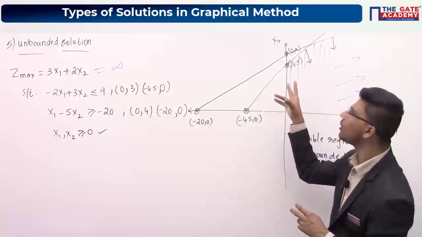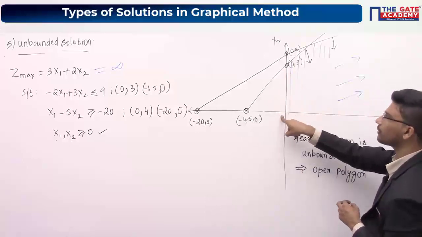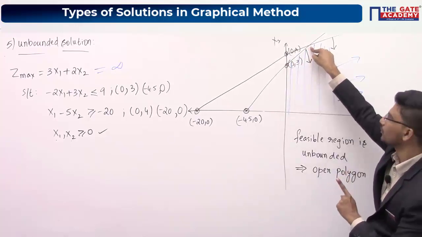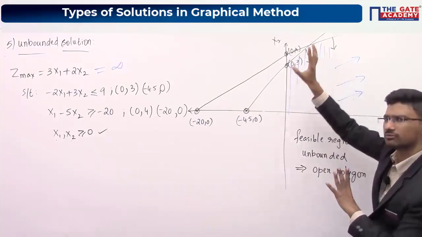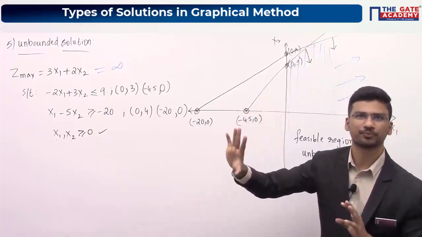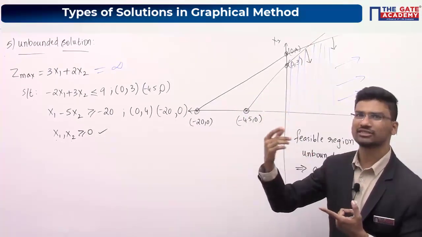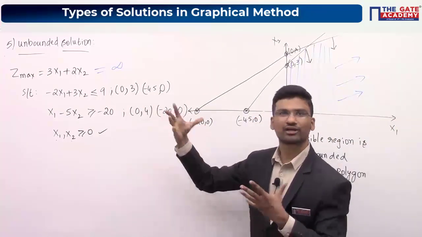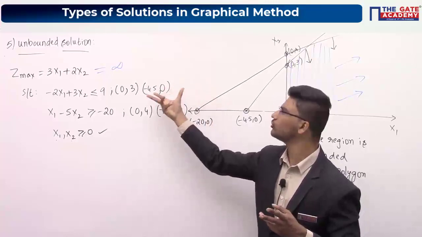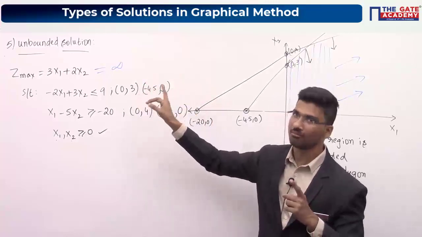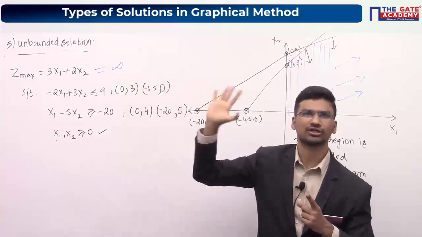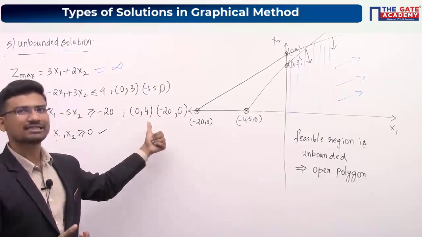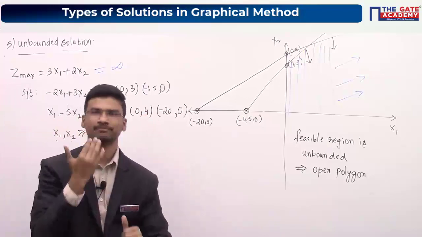Corner points are different. What are the corner points of the feasible region? This is one corner point, this is one more corner point, and this will be one more corner point, okay. So these are the corner points of the feasible region. Always corner points will be positive, okay. Your corner points of the feasible region will never be negative. Maybe you are talking about these points. We cannot generalize this thing. Maybe in some other question you may get these points as positive also, but still you may get an unbounded solution. So Kaushik, is it okay? I think you are talking about these points, not corner points.